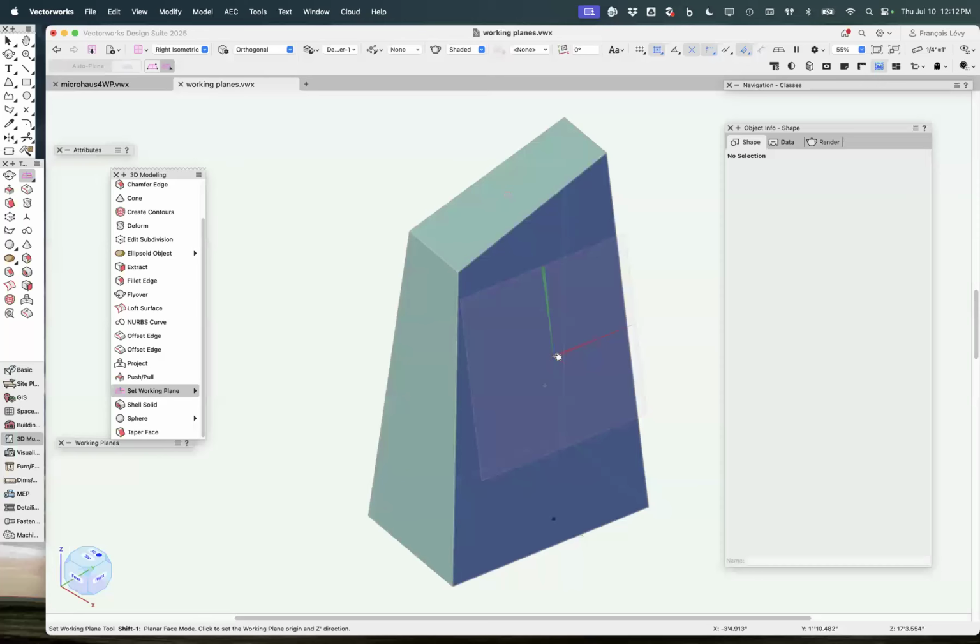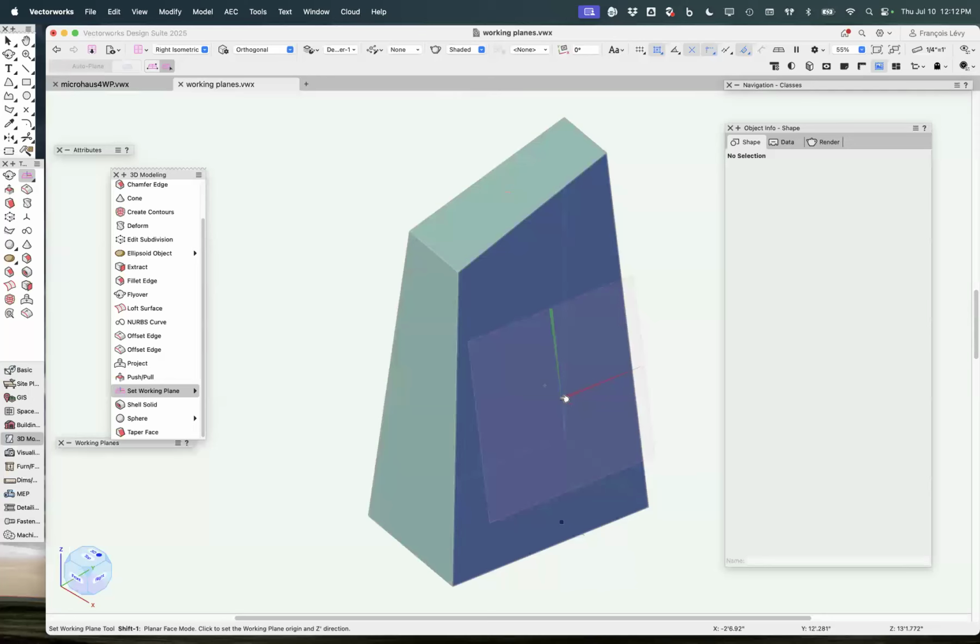So that's sort of the first thing to know about setting up a working plane, is that in order to create a working plane, you need some geometry beforehand for the working plane to snap to, right? It could just be three loci in space, right? You'll remember from your Euclid that 3 points define a plane. So it could just be three 3D loci in space, or it could be the face of some geometry like